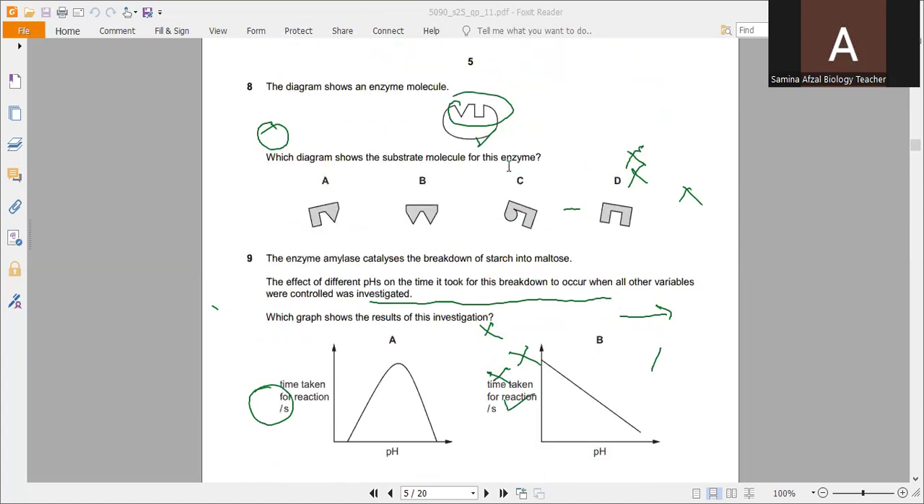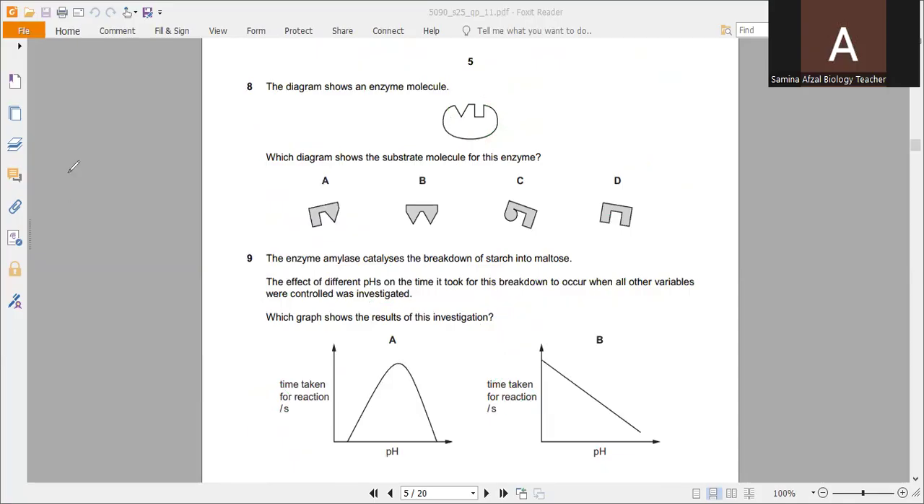Now question number 9 is there. Question number 9 is: the diagram shows an enzyme molecule. Which diagram shows the substrate molecules for this enzyme? So we have to choose one substrate from any one of these. You can see this shape. So according to this shape, the substrate which will fit